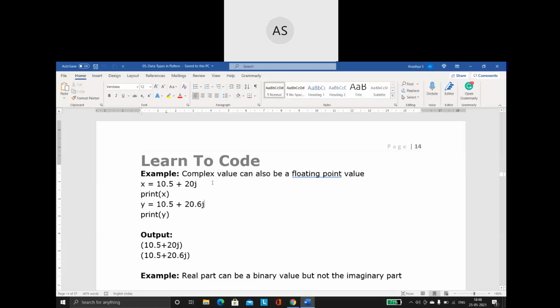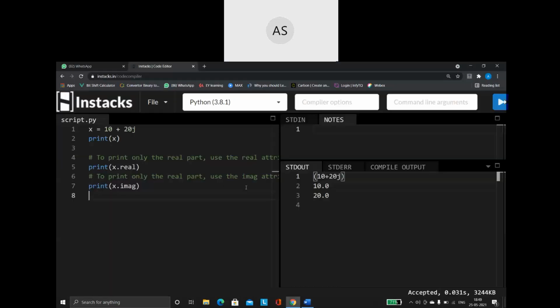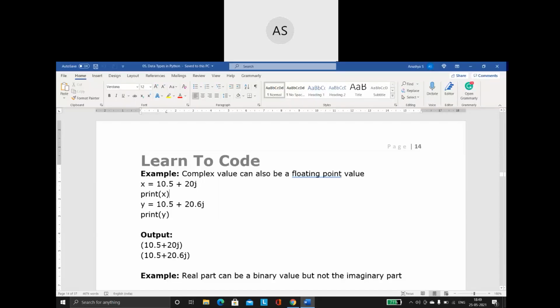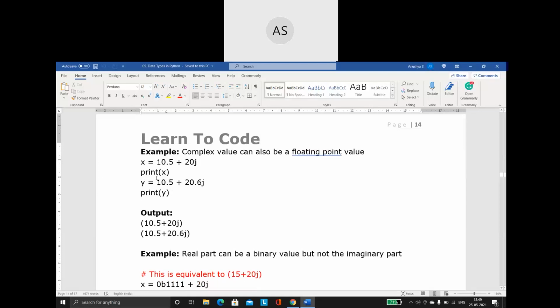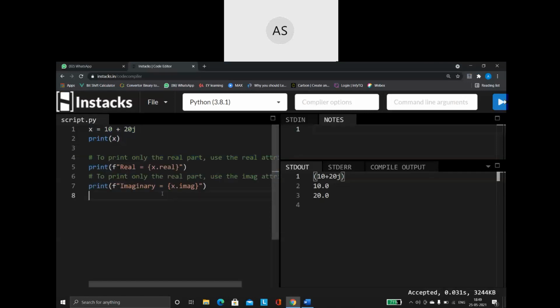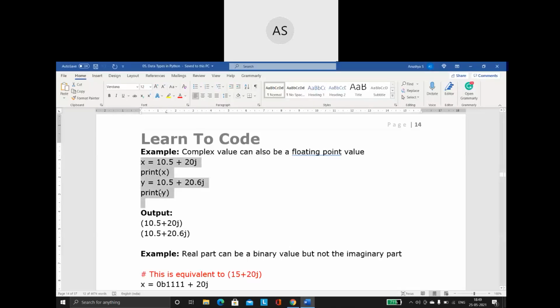So the next thing I was telling you about is that the complex data type can also take a floating point value. The first example I showed you used integer numbers, that is whole numbers. Here we can also give floating point numbers.